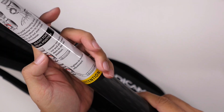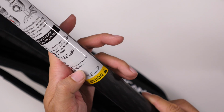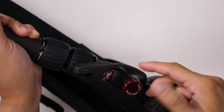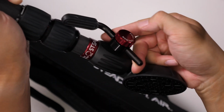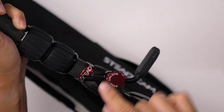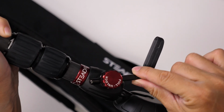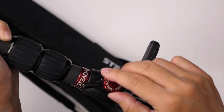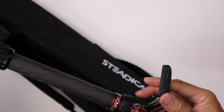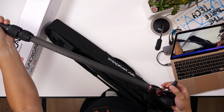All right, adjust foot pedal position: loosen red locking nut, and slide pedal stem to desired position. Tighten to secure adjustment. So you pull out the entire foot here, and then you rotate it down. And then to adjust how long this is, you loosen that, can adjust it up and down like that. Just set it somewhere in the middle, and you can see it wants to come out when you push it down like that. And then to retract,